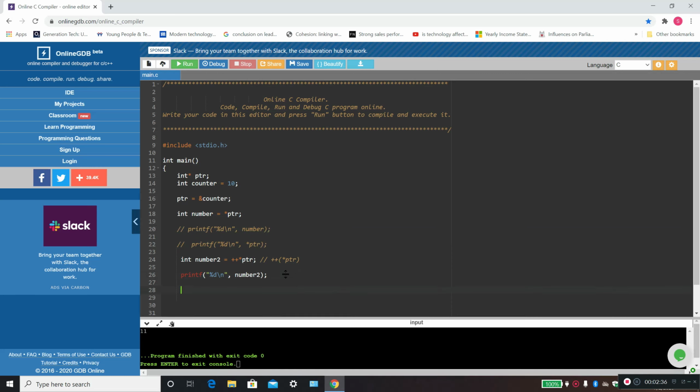And in fact, since we're changing the memory value at the memory address, the value of counter should also now be changed to 11 because we are going to the memory address and changing the value. So automatically the value that counter was assigned to, which was 10, is now 11 because the value at that memory address has been changed. In fact, I'll show you using the print statement and printing the value of counter now. And that should give out 11 as well.